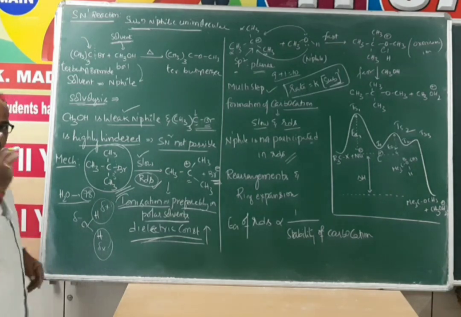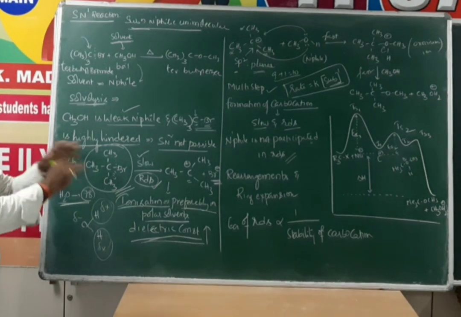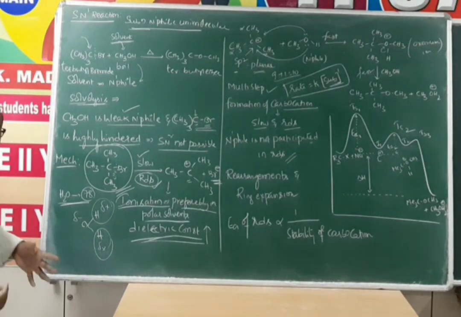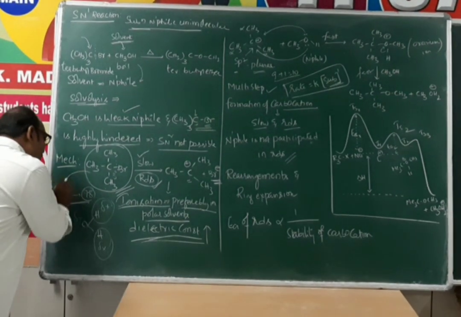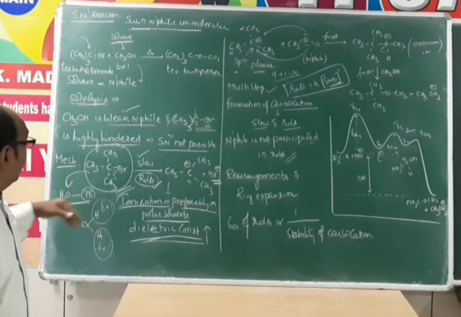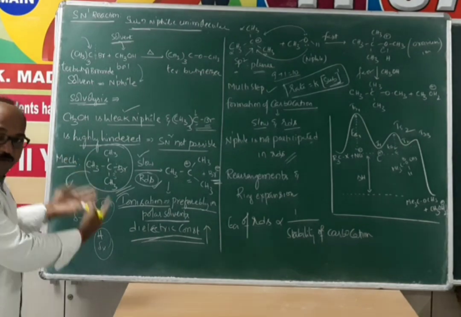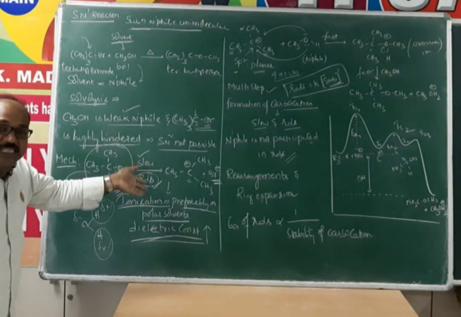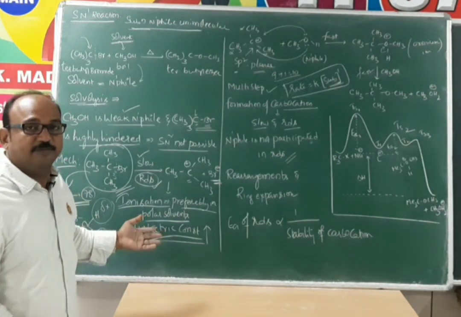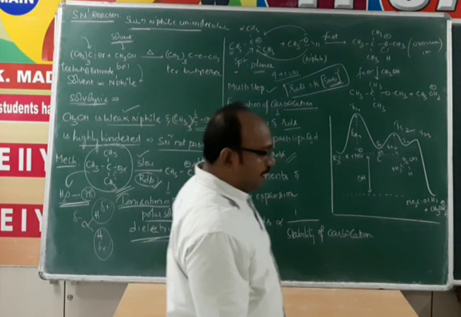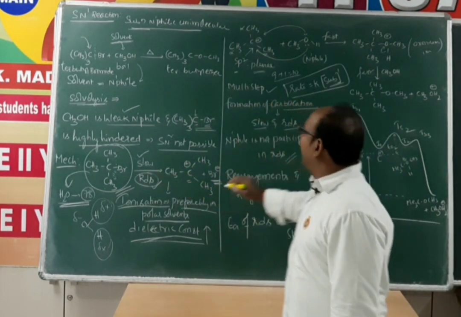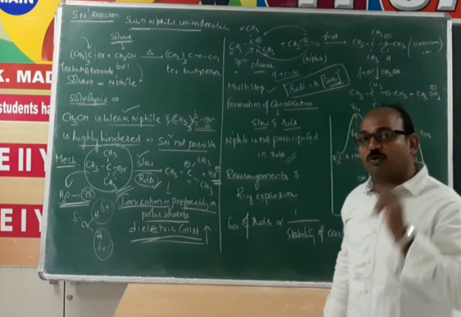That's why what we are doing here, instead of only water, we use alcohol also, or acetone, which makes the alkyl halide more soluble in the given solvent. Of course, even though we are using alcohol or acetone, the water molecule only acts as the nucleophile, right? Now, the second question: you mentioned that this one is a slow step and this one is a fast step. How do you know?